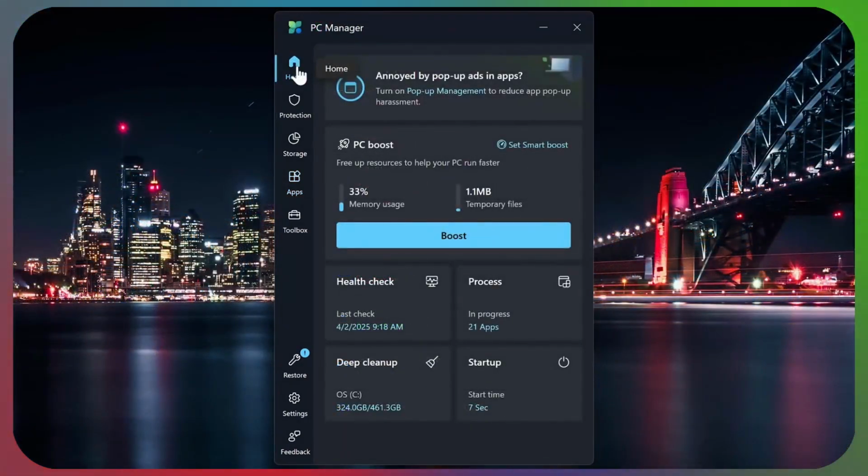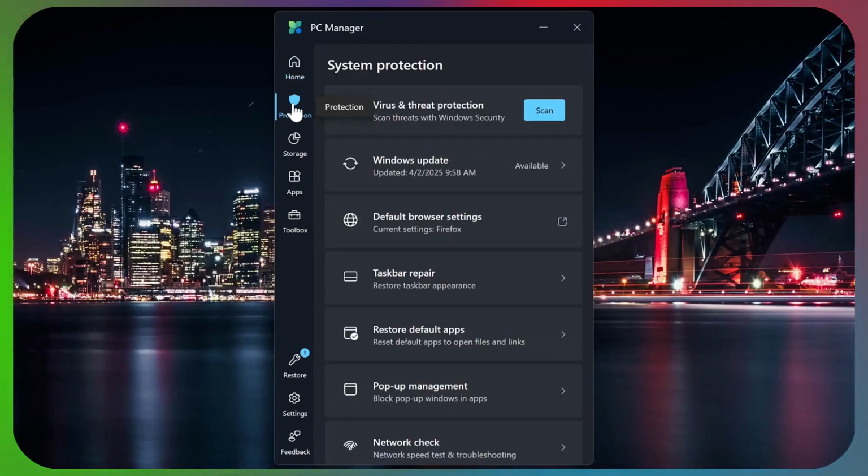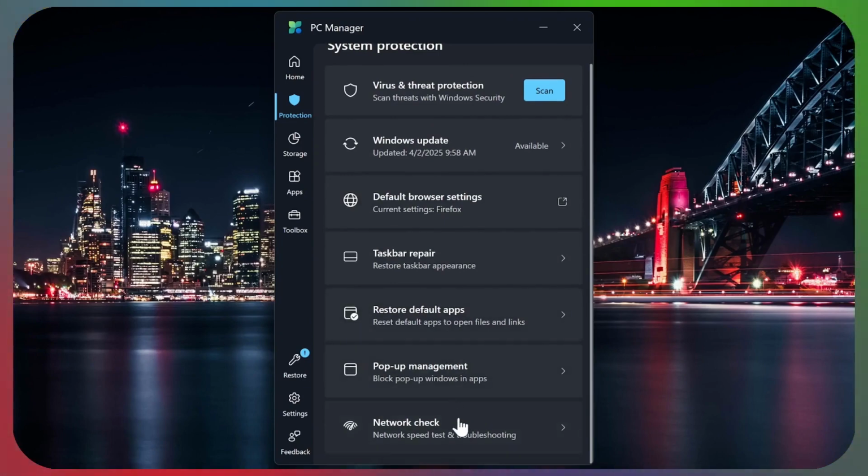Let's quickly check out the tabs on the left, beginning with Protection. These tools and functions can be found elsewhere on your PC, but this makes it handy to get to them more quickly. You could do a scan for viruses and malware, check for updates to Windows, change the default browser settings, and other stuff, including a network check to test your network speed, and it will troubleshoot if there are any issues. Some of these can be run in the PC Manager app itself, while others will link out to the Settings